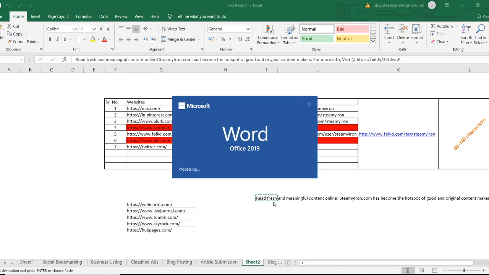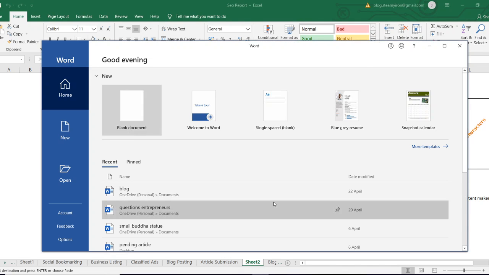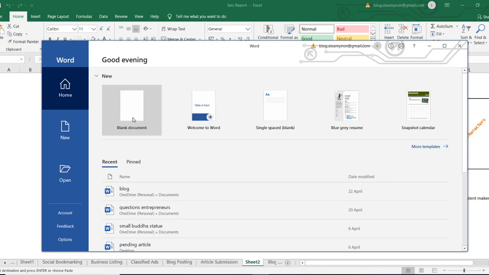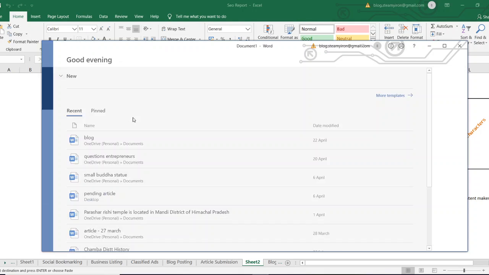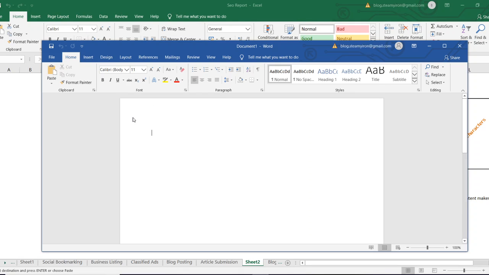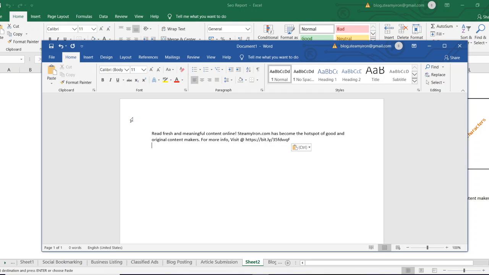For the submissions we need username, password, and in this case I'm already logged in, so I need the description, the link of the website which I already have, it's my own website, and keywords.